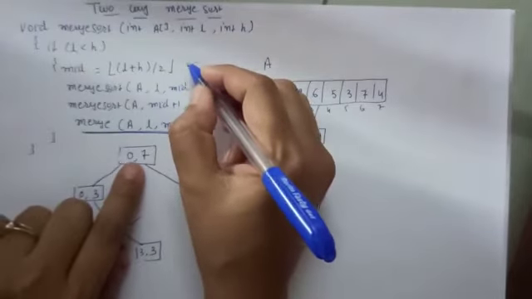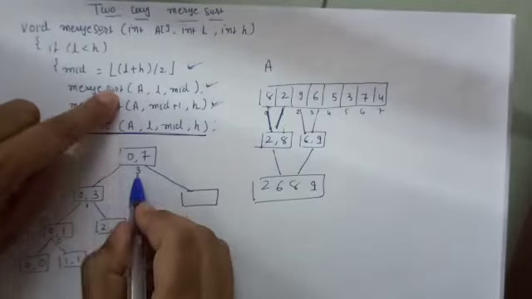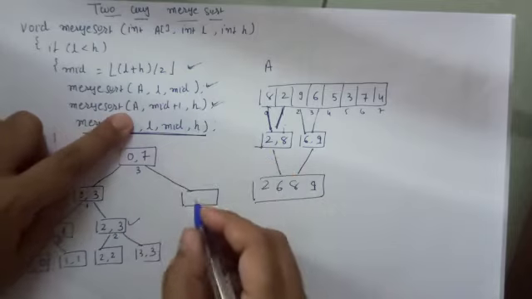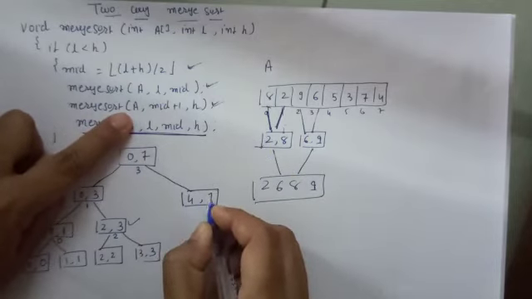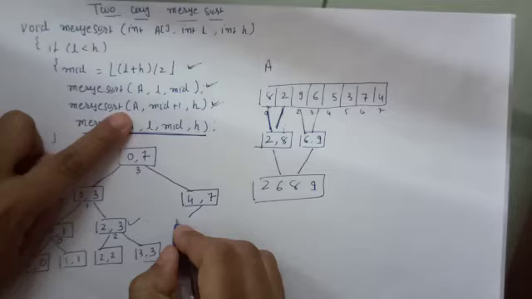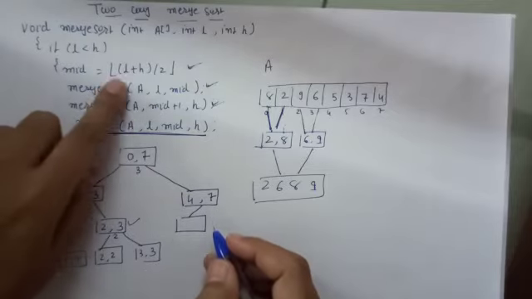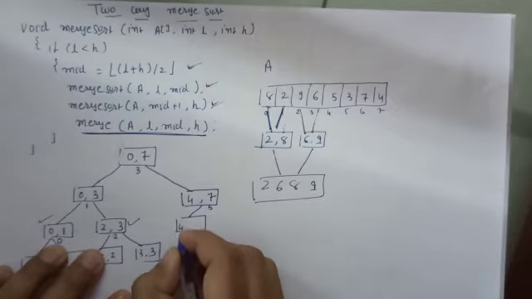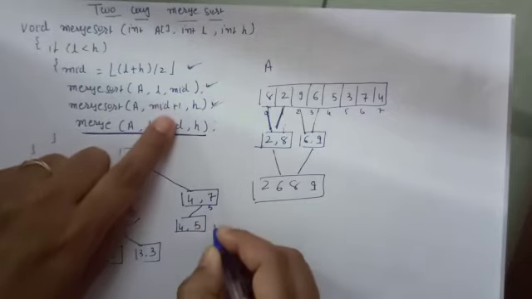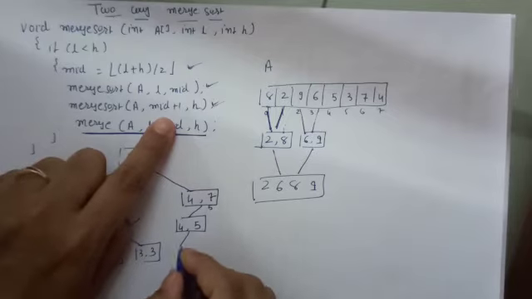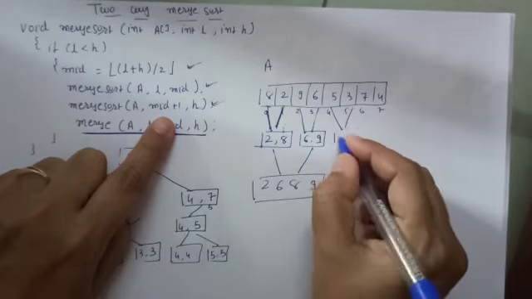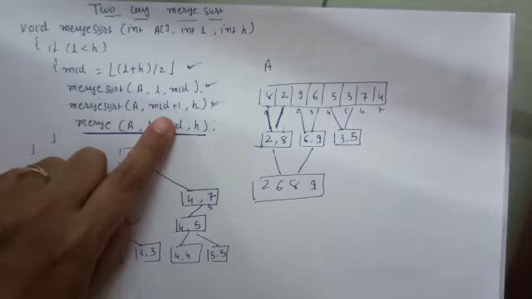For this call 0, 7, mid is calculated, that is 3. We have called this merge sort, low to mid is completed. Now merge sort mid plus 1 to high, so 4 to 7. Again for this call, 4 is less than 7, my mid is 5, so 4 to 5, low to mid. If we call this again, it gives us 4, 4 and 5, 5. So now 3 and 5 are merged together, and that gives us 3 and 5.